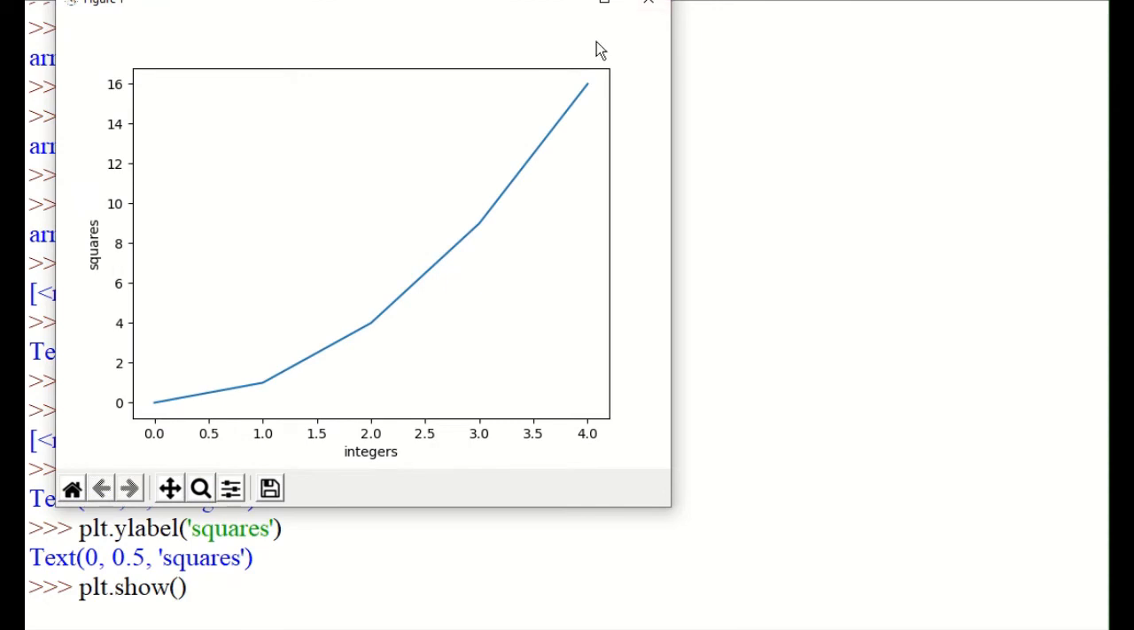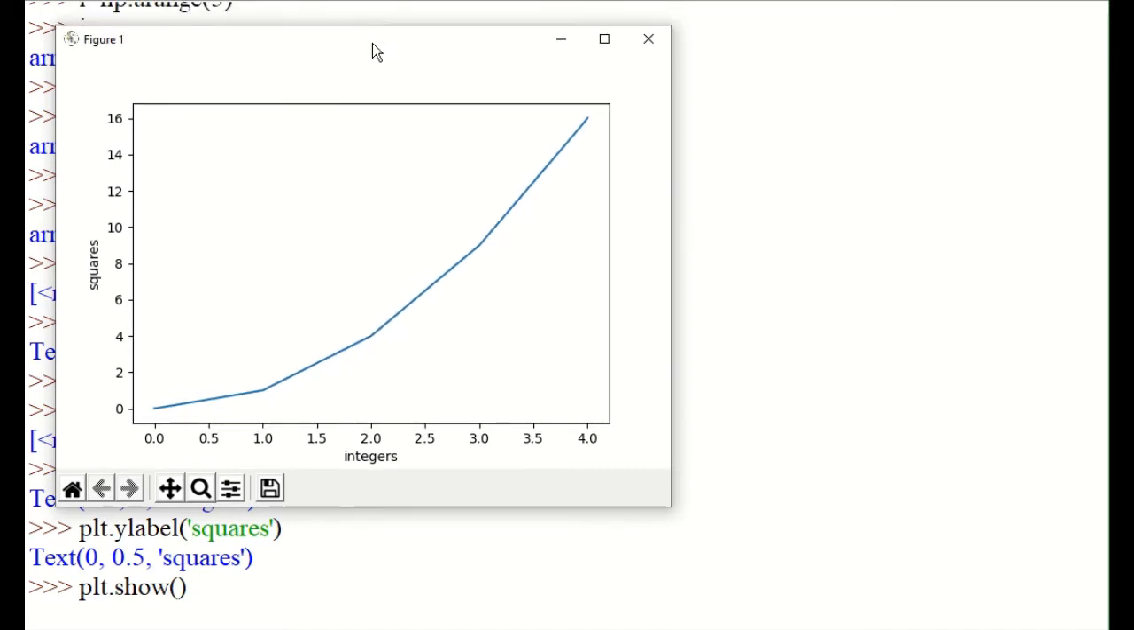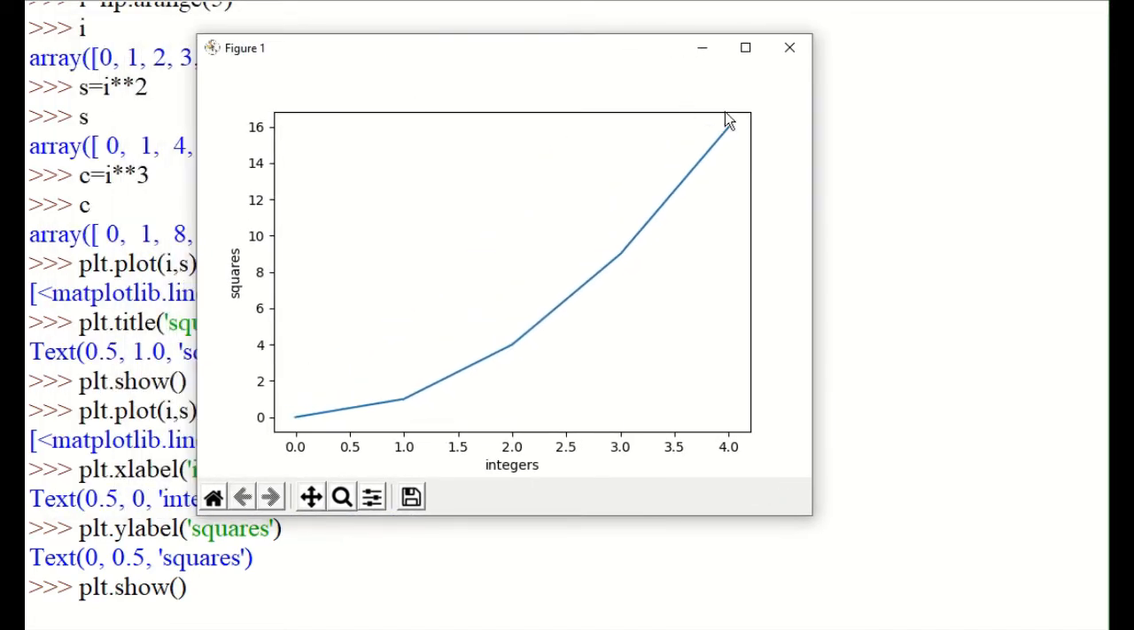Okay, now you can see the graph, and this time there is no title, but on the x-axis you can see the label as integers, and on the y-axis you can see the label as squares. Okay,